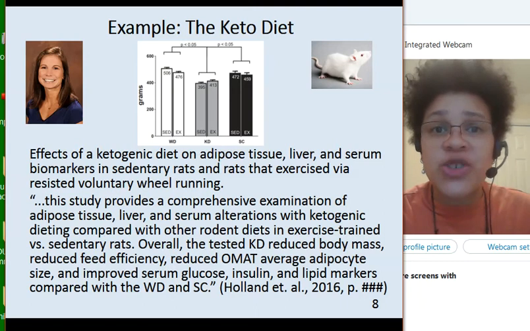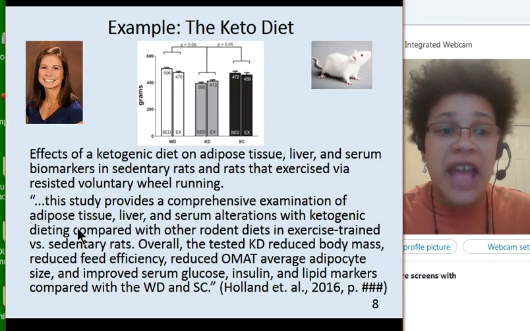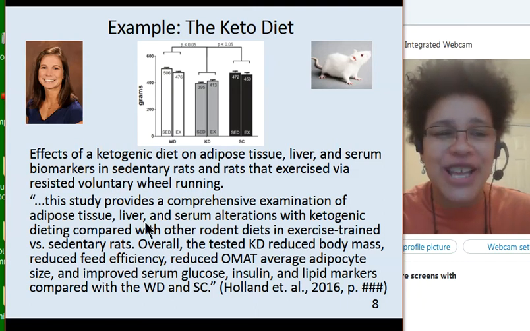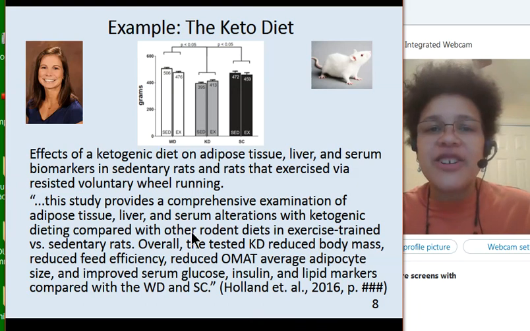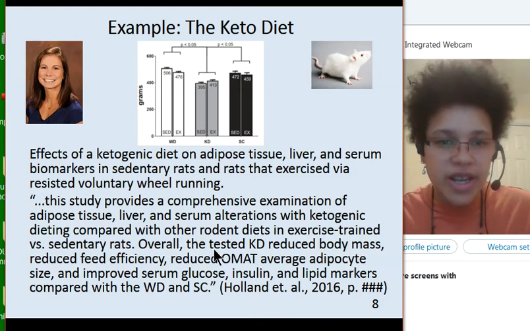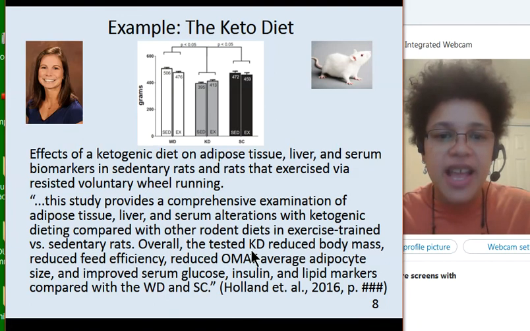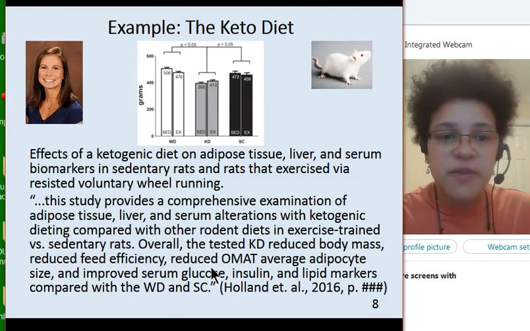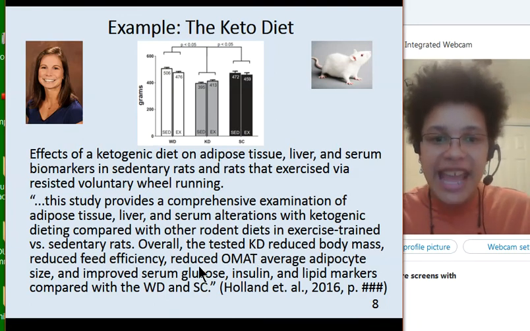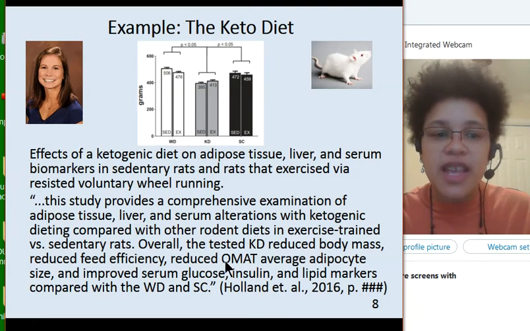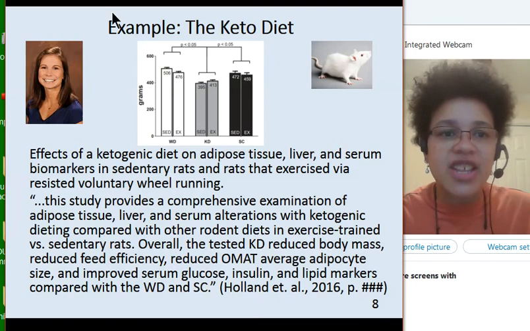So adipose tissue, fat. We're talking about fat, and we're talking about liver and the functions of other organs. So we got these rats, right? And some of them exercised and some of them were sedentary. And what happened was the ketogenic diet reduced how fat they were, right? And you can see